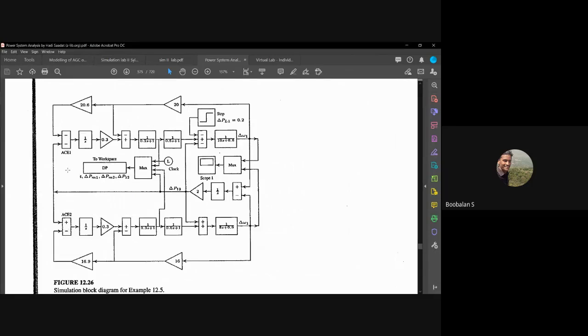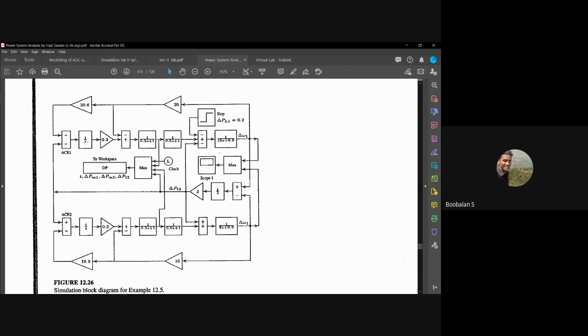Just get the idea. Why are we adding the area control error? If load is changing on a particular generator, only that particular generator's frequency is going to build up. Only there is the load going to change. But my second generator, there is one more generator, right, its frequency and its load are not going to be affected. It should not happen like that, right? That is the very important thing. The problem should arise only in the generator where we connect the load, but the remaining generators should have no issue. That's the thing. So to avoid that, we are introducing the area control error method. This is called the local conventional load frequency control method, right?